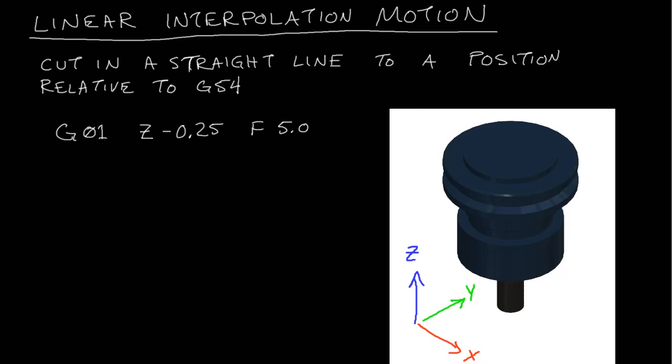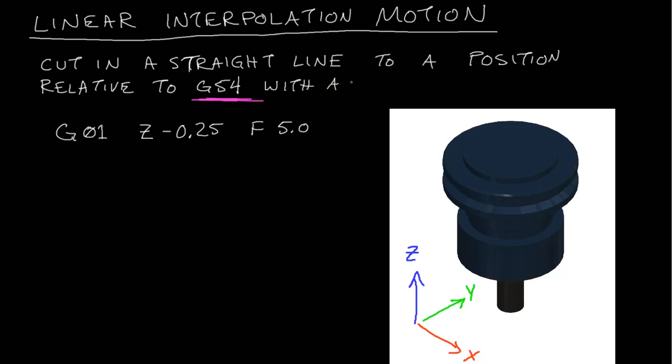All right, in this video lecture, I'm going to go over linear interpolation motion using G-code. So the linear interpolation motion is used to cut in a straight line to a position relative to your work offset, if you've already stated what your work offsets are. All right, and you set a feed rate. So maybe I'll just add a little bit onto this sentence right here. So cut in a straight line to a position relative to G54